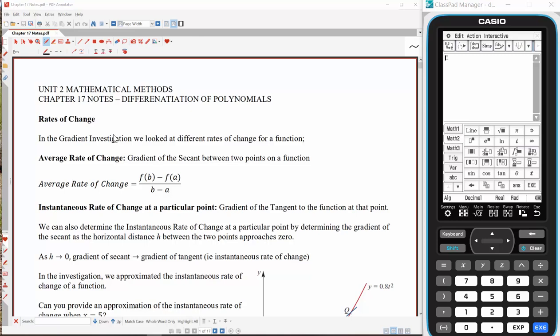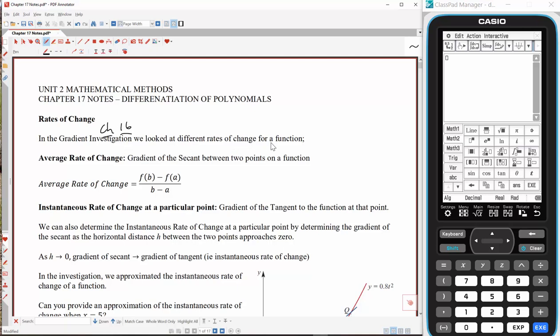In chapter 17, we really get stuck into some calculus. So just a few things to go through before we get stuck into 17a. Rates of change. In the gradient investigation in chapter 16, or as part of chapter 16, we looked at